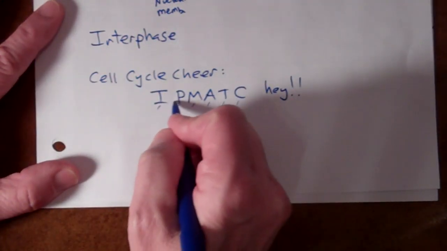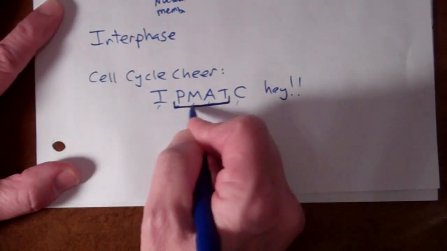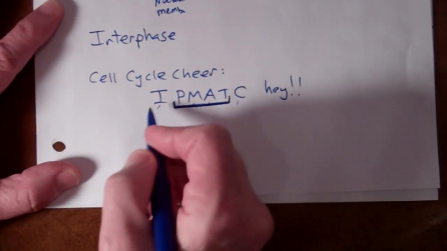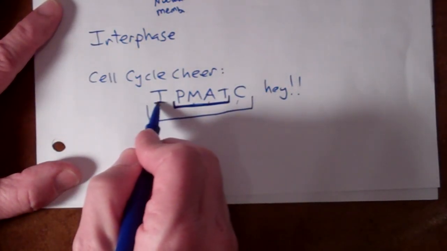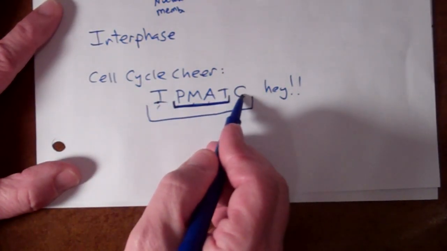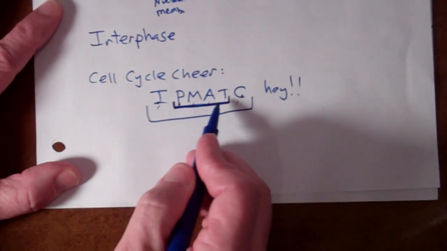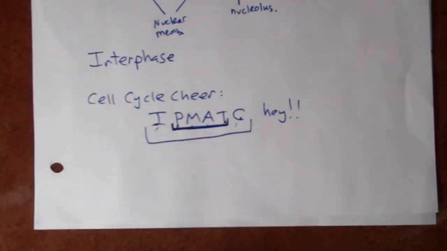Now, these four phases are mitosis, when the nucleus is actually undergoing division, so nuclear division. This whole thing is the cell cycle. First stage of the cell cycle, last stage of the cell cycle. First stage of mitosis, last stage of mitosis. All right, so last but not least,